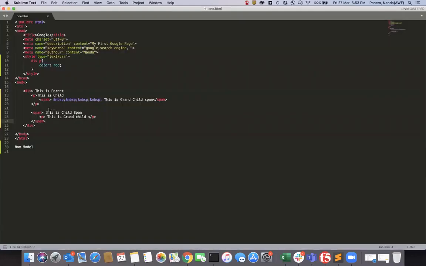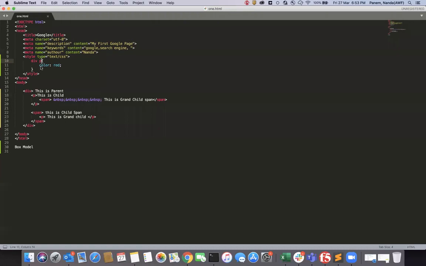If I execute this, see here, this is a child. For this child, there is no color. But for this grandchild, the color became red because space is a descendant selector. In the div tag, at any point of time, if a paragraph comes, then red color will apply. So that's the reason this grandchild has red color applied.